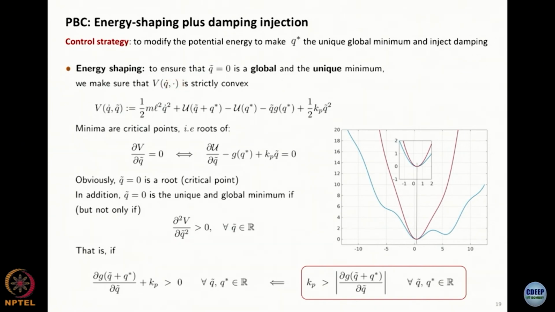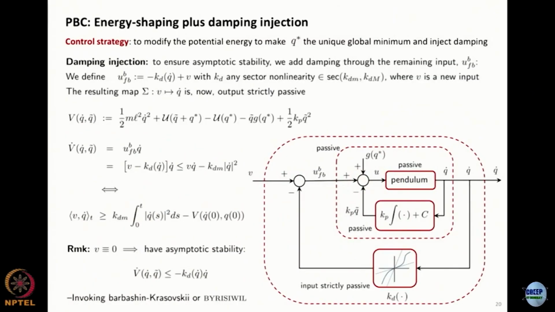It doesn't have to be a parabola, it could also be a function that is a parabola only locally, but then it grows linearly. And then this condition will not hold, but for the purpose of energy shaping, that still works. So far what I have accomplished is I started with a passive system, modified the minimum. Applying this gain, I made sure that the minimum is global and unique. I still have a passive system there, since every time I add a new input it is towards the same output